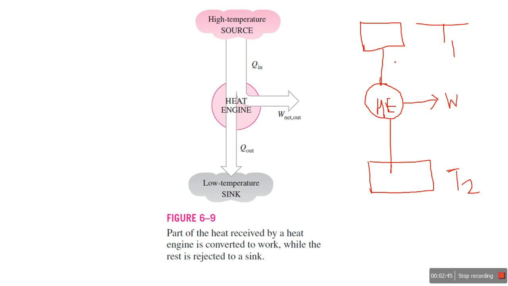For developing work, it absorbs some amount of Q, so it is QA. I'm going to show it in the downward direction. But according to Kelvin, we know that we can't get 100% work, so some heat rejection takes place, that is QR. I'm showing that arrow in the downward direction.